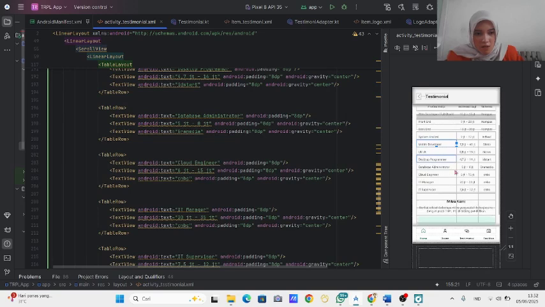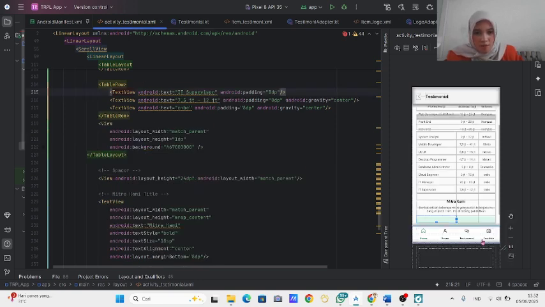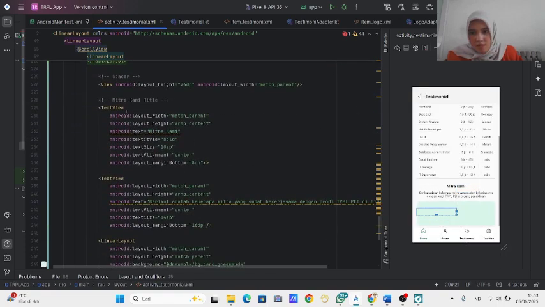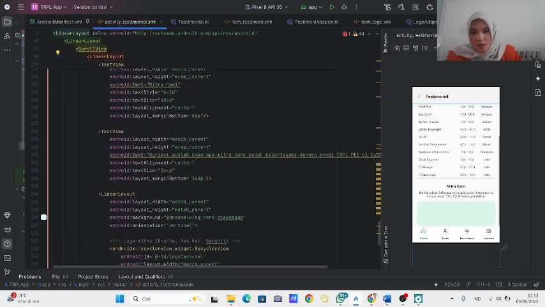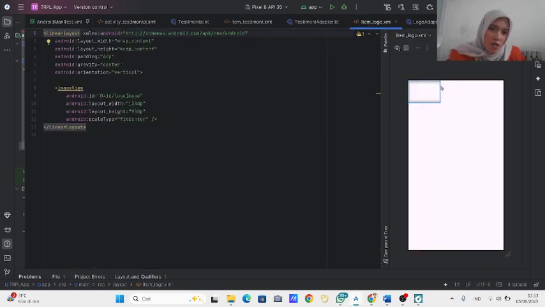And then for the sponsor, mitra kami, we use a text view, and a linear layout with background, and in the layout we add a new XML for item logo, which is the container of the logo.